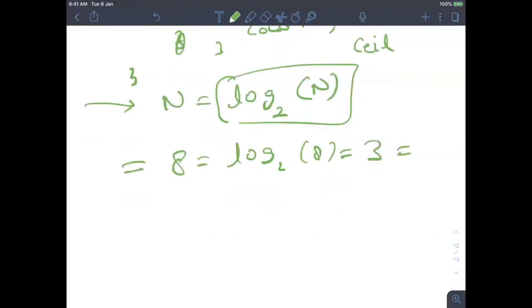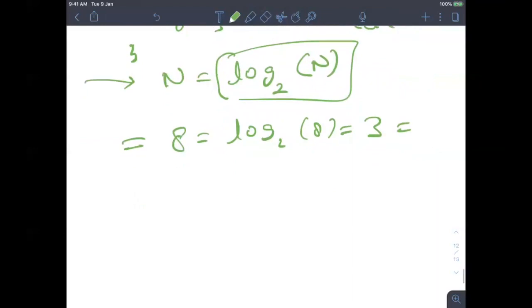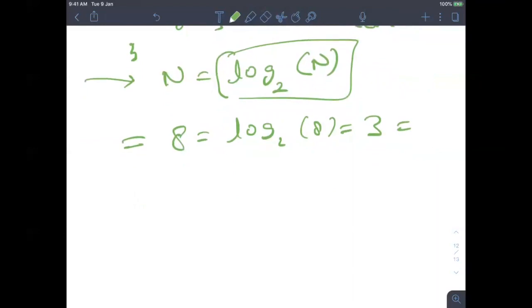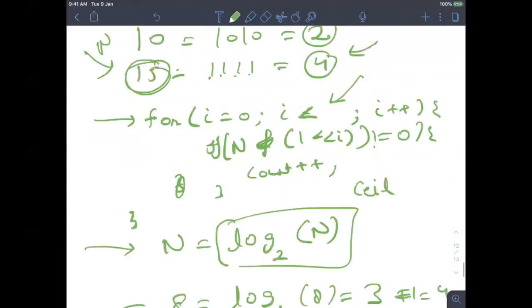We'll take some ceil. Ceil just gives you plus 1, basically we have to do plus 1 in this, which is 4. Now let's say 7. Log 2 of 7 will be 2 point something something. So take ceil again. Bits will be 2 plus ceil is just plus 1, which will be 3.